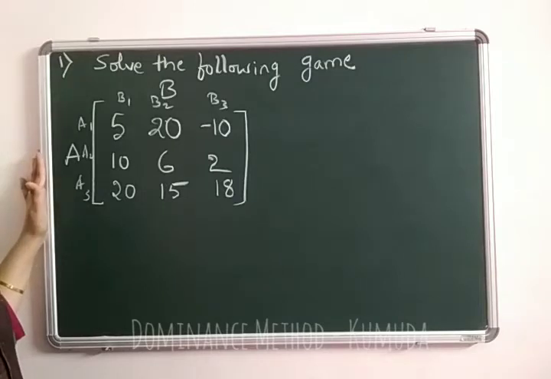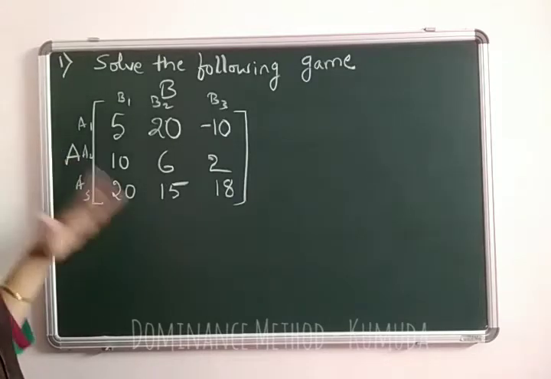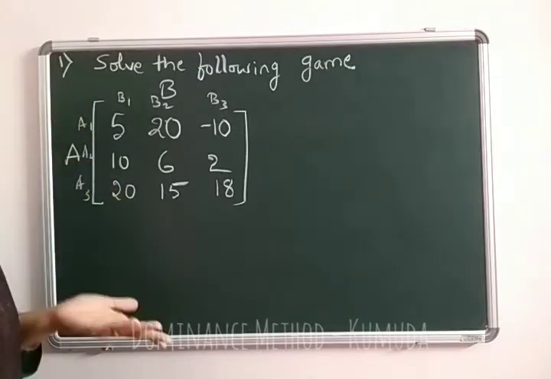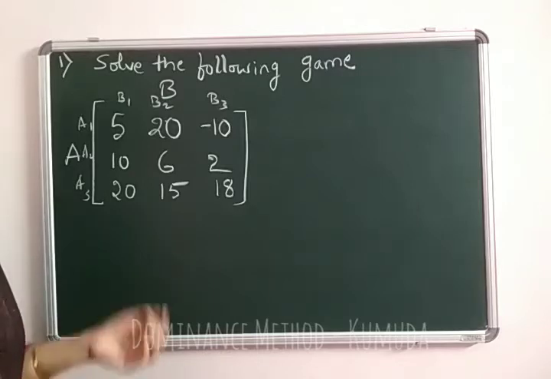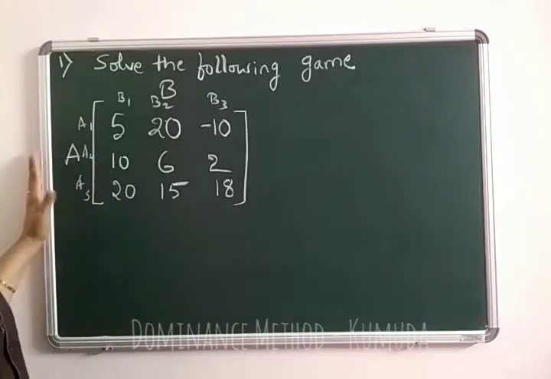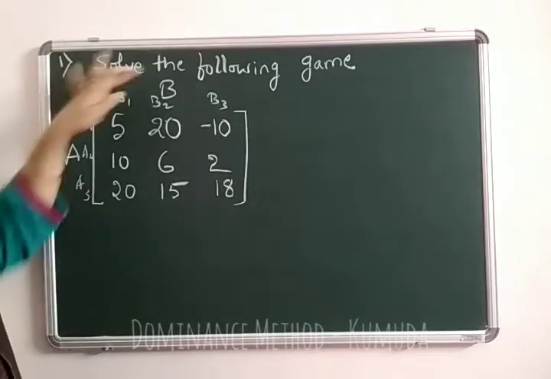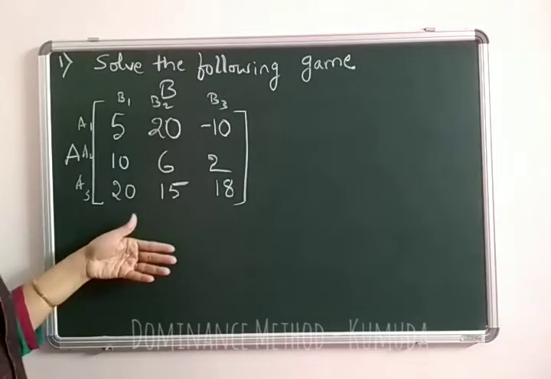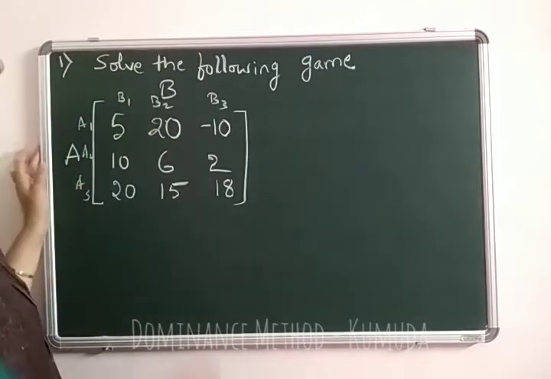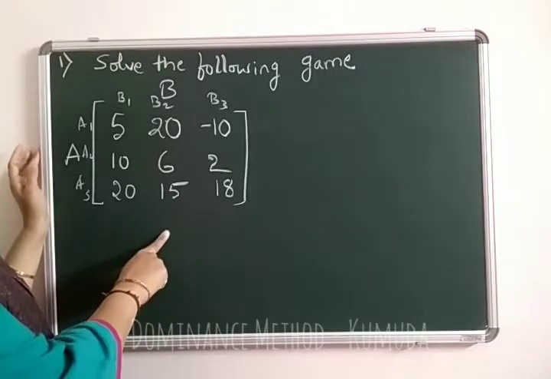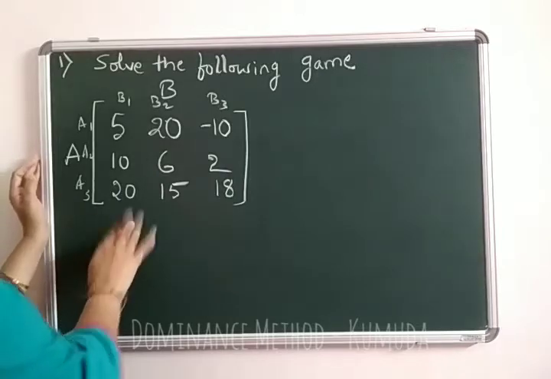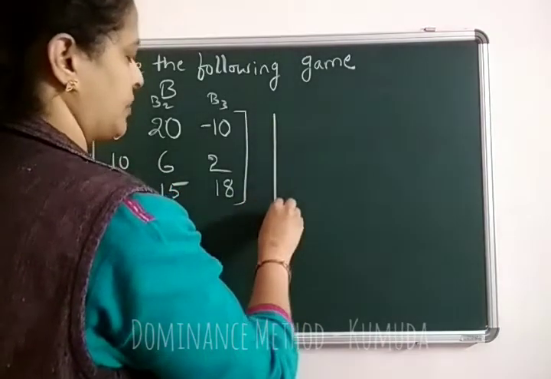Let us understand the dominance method with an example. Take the question: solve the following game. They have not mentioned which method. If they say dominance, obviously we will apply dominance. Otherwise also we go step by step. Look at the question first. We have player A and player B, and it is a 3 cross 3 matrix. So we just have to start the actual analysis. The first step is to try to find the saddle point. So what is the rule of the saddle point? Now you make the matrix back.